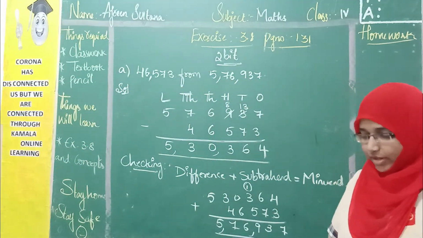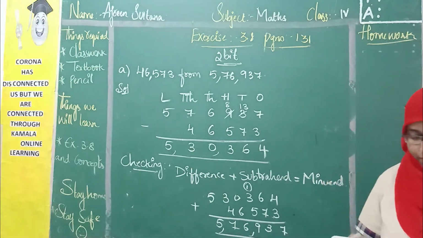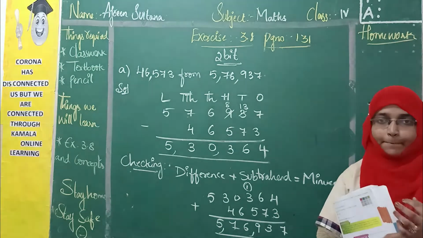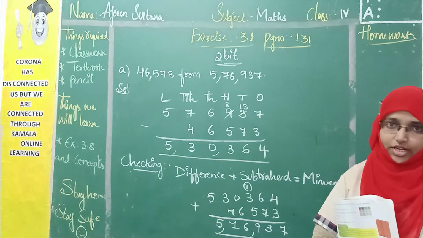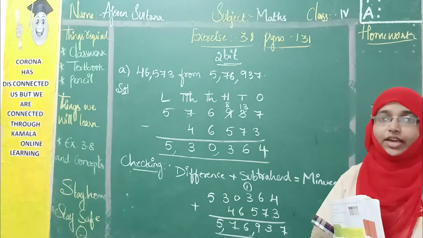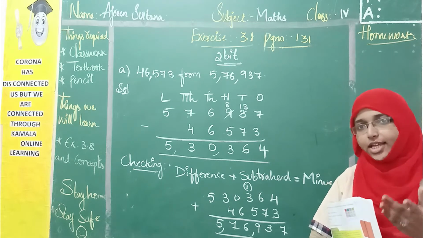Next, let us move to our next topic, estimating the difference. What is estimating difference? It's the same as estimating sum. What we have done, we have rounded off the values and we have added those values, right? Now we will round off the values, but we will do the difference. That is, we will subtract both the rounded off values and the actual values.